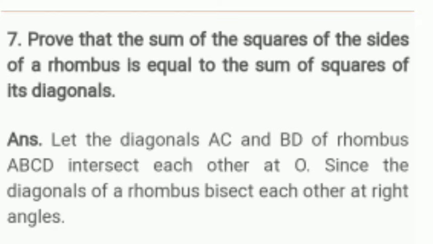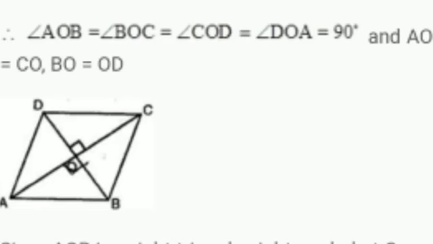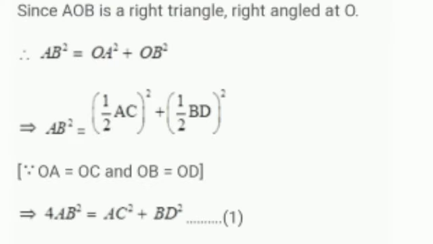So let us consider the diagonals as AC and BD of a rhombus ABCD. Here we know that the diagonals of the rhombus bisect each other at 90 degrees, and bisects means the diagonals divide each other equally at the point of intersection. As we can see, all these 4 interior triangles are right angled at O. So we will consider one of them. Let us take AOB, right angled triangle at O.